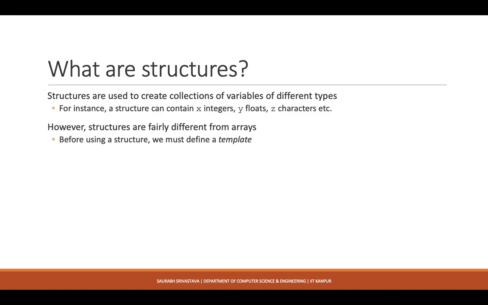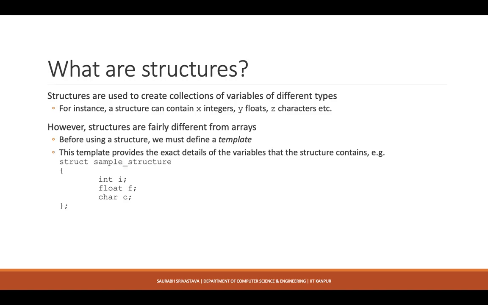So it's not like you can create any collection of variables together and then start using them. You first have to create a template saying that this collection is called something. You just name that collection as a template, and then only can you use it. So this is a very simple example of that template declaration. Here I am essentially saying struct. Struct is a keyword, by the way, in C, and then this is the name of the structure. And then there are things like int i, float f, char c.